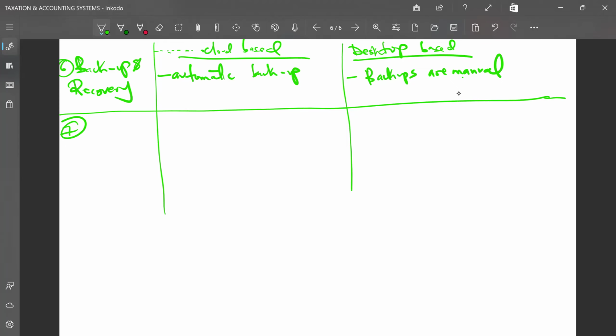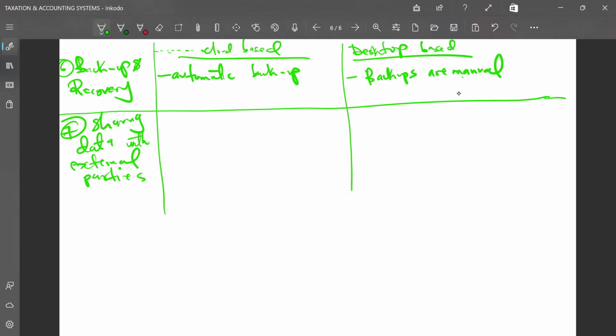Good. In terms of financial data, at one point you might need to share data. Sharing data. Who are you sharing it with? With external parties. Who are these external parties? I know you're asking yourself, who are these external parties? Don't worry, we are getting there. Now, sharing data with external parties. Who are these external parties?